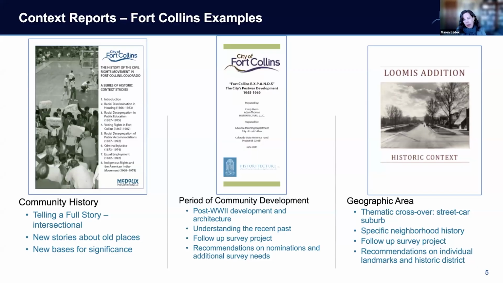So it's another example of how that study wasn't just about the period of development in that particular area of town, but also a particular form of urban development and community relationships over time in the form of that streetcar neighborhood. So there's some overlap there. A lot of times, these are not really that clear cut. There's a mix of themes and geography and eras in all of these, but usually they have a particular thrust that's really clear. And I think these three examples illustrate that pretty well.